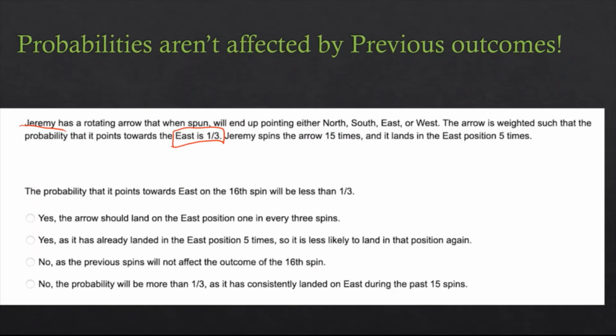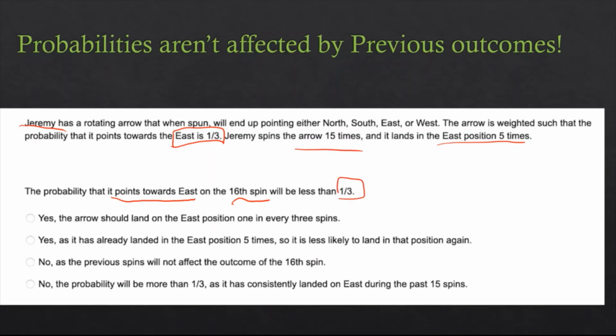So for every 3 spins, it will point in the east direction. So it states that Jeremy spins the arrow 15 times and it lands in the east position 5 times. And the question says that the probability that it points towards the east on the 16th spin will be less